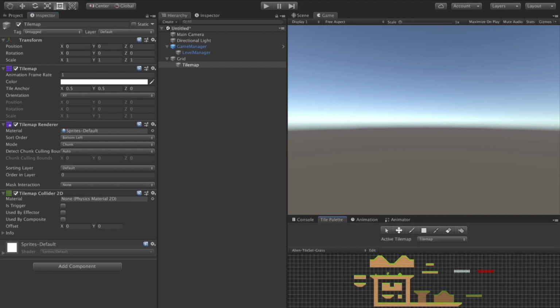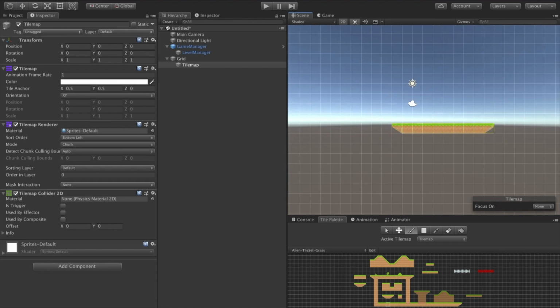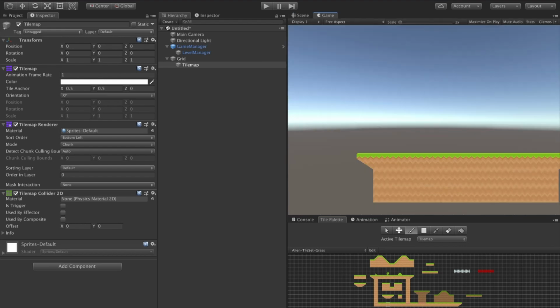For now, we'll use the tile palette. It's included with Platformer Pro. Let's paint some tiles. Let's keep it simple for now.